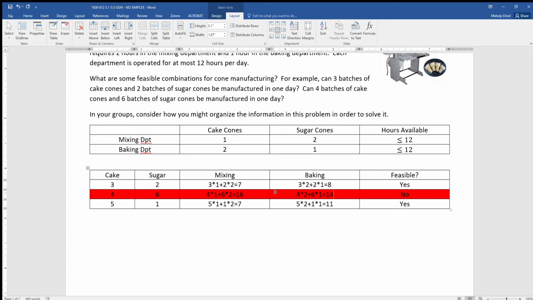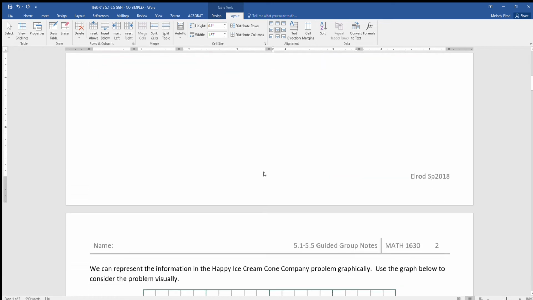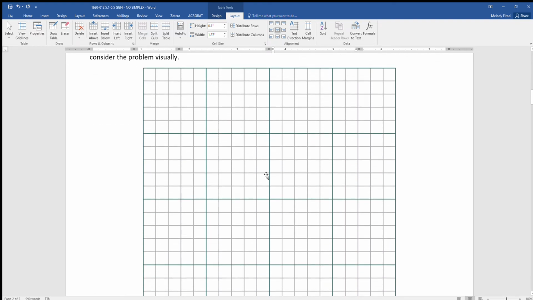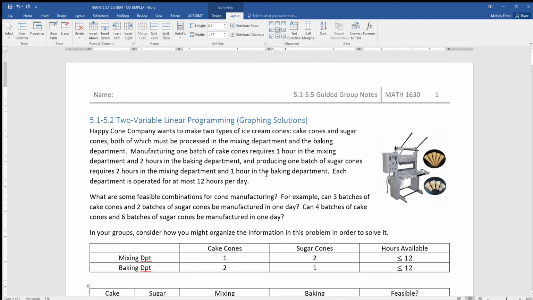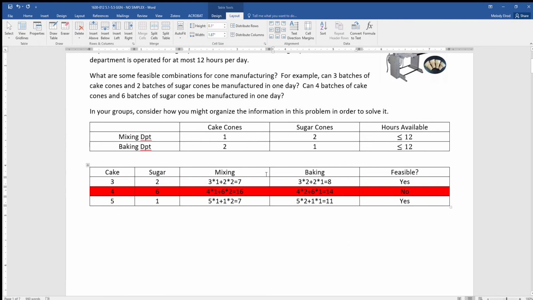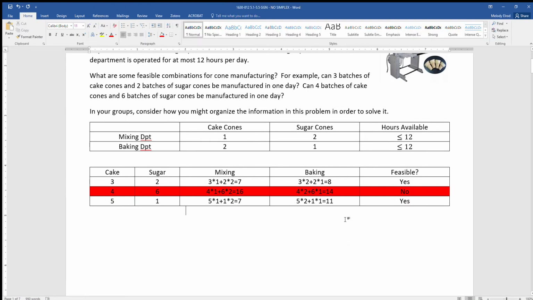So instead, what I'd rather do is look at this in a graph, right? I'd like to be able to take this information and look at it in a graph. In order to do that, I got to know what the graph is supposed to look like. I got to have some things to graph, right? So to graph these ideas, I need to